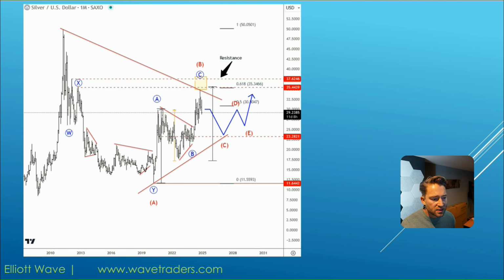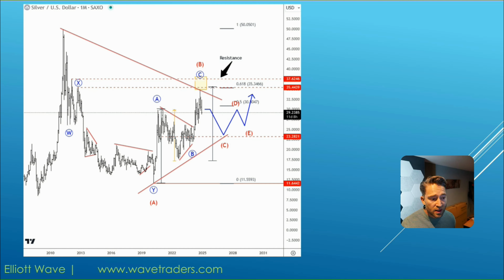What I'm looking at is potentially a very big triangle. So that was wave A, and you have three waves up for a wave B. More importantly, notice that there was a triangle in the middle of this three-wave recovery, and moves out of a triangle are final. So that's why I discovered this 35, 36 as a potentially strong resistance area, and I have to respect what the market is doing so far. And we have seen a reversal, so I think that we could stay in consolidation here for some time